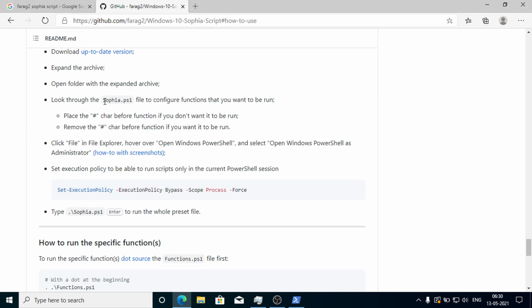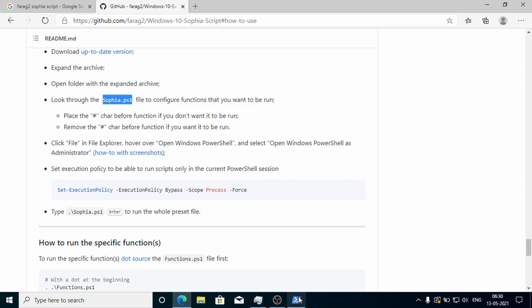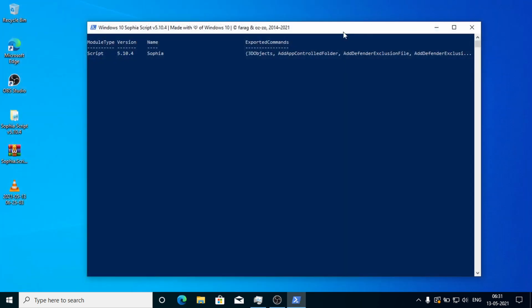Now I have to copy one more command. This, just copy it. After this command, I have to copy this command and paste it here. Just right click on the PowerShell and you can paste it. I deleted everything. Just right click and it will be pasted. Now hit enter. Now I can close this window.